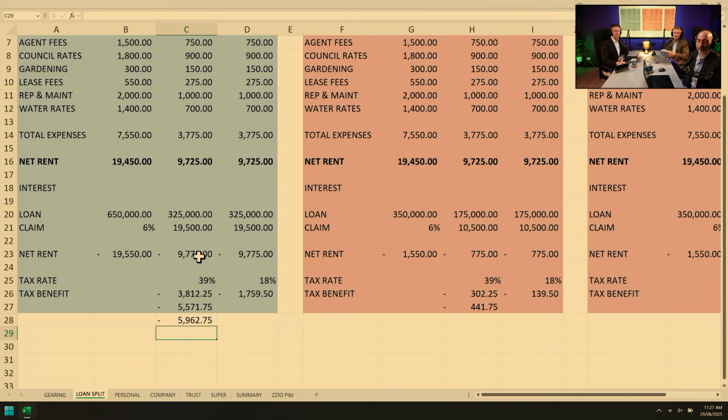If we look at scenario one, we've got partner A, it's net rent, so they're behind, let's say, minus close to 10,000, and they get that tax benefit, the credit. They're out of pocket by what? Maybe just over $100 a week. Yep. Give or take.